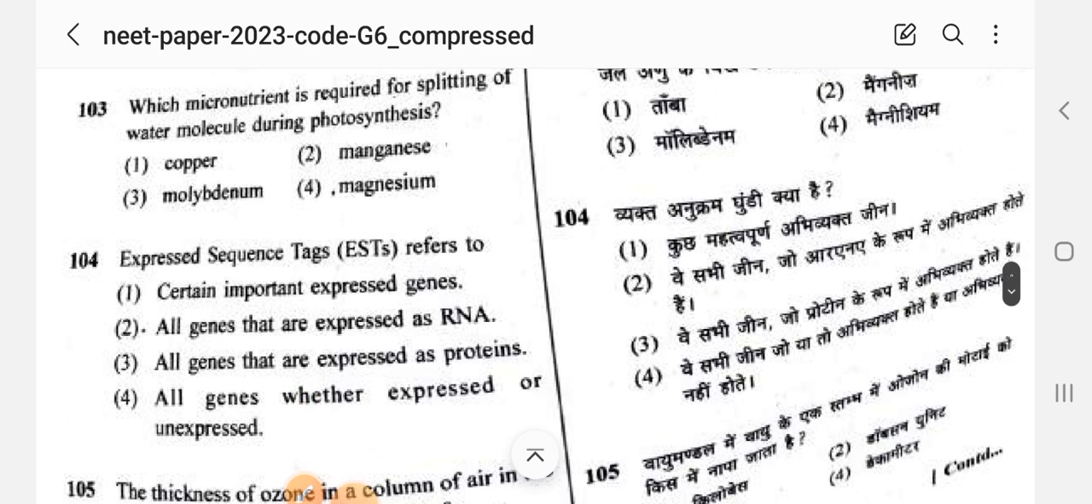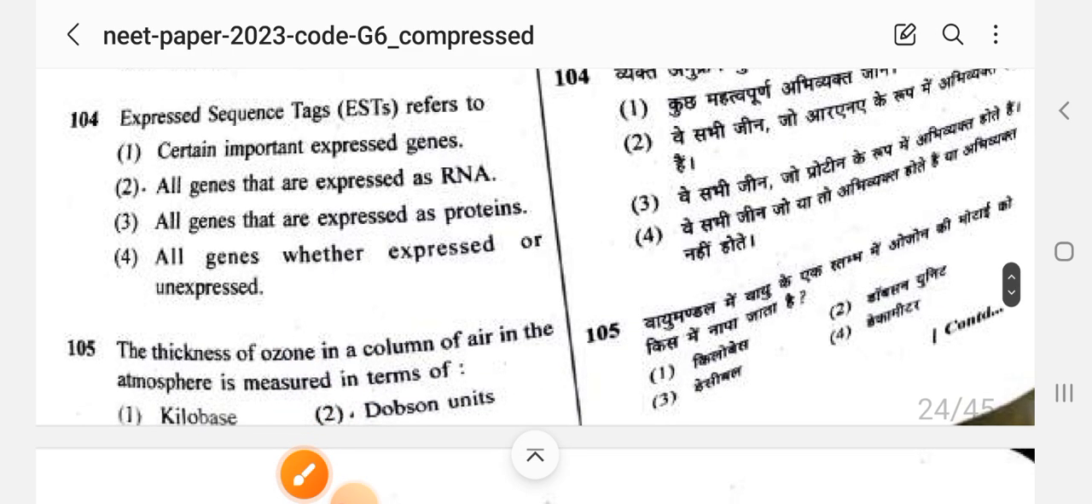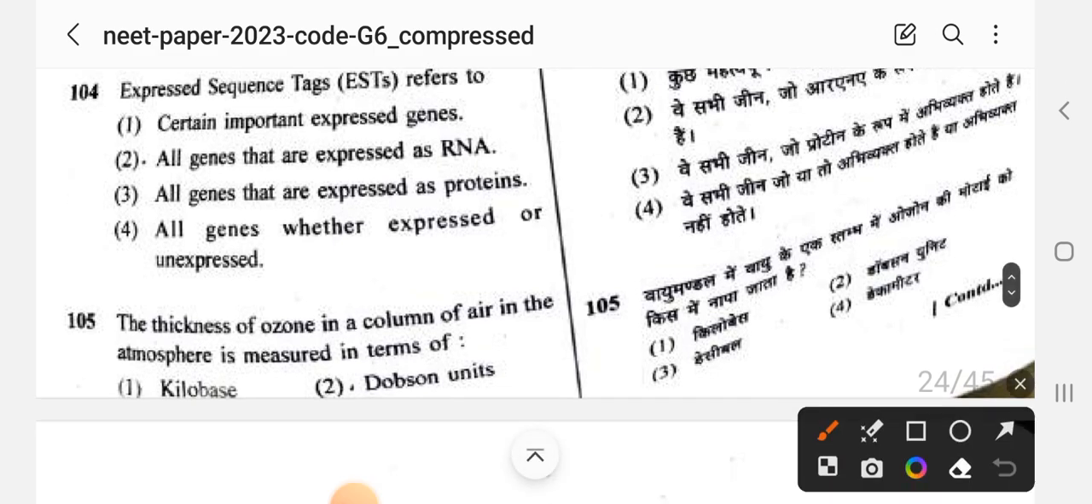So next is which micronutrient is required for splitting of water molecule during photosynthesis. We all know that magnesium is required for photosynthesis. And then next question is expressed sequence tag refers to all the genes that are expressed as RNA. Okay,